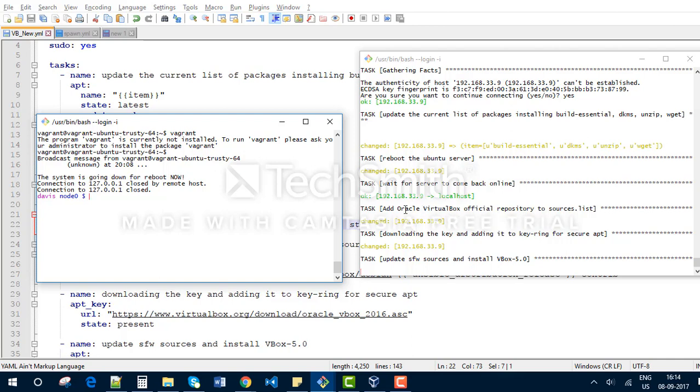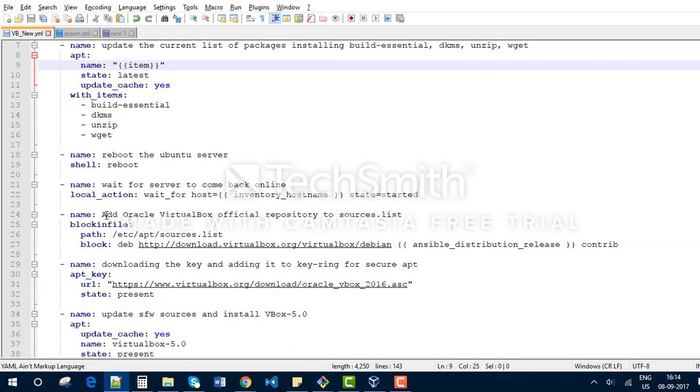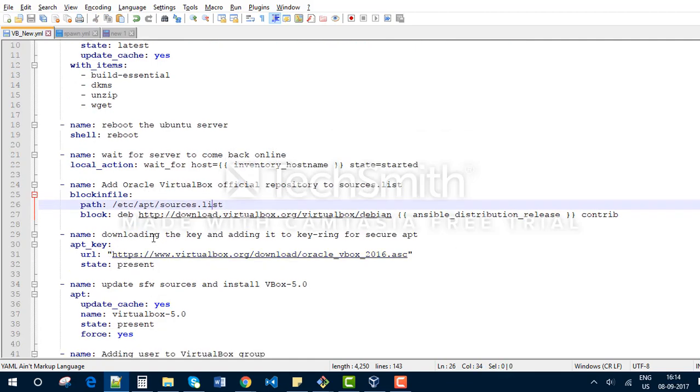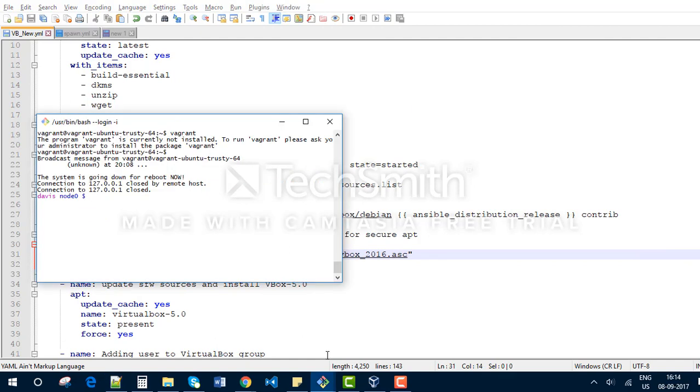An example here: add Oracle repo to source list. Let's go there. Here it says it's just going to add this particular block onto this file, which is a source list. Once it is downloaded, the key is downloaded in this module. I'm using apt_key, and if the state is present, in the sense that it was already present, this task would be bypassed and it will just show an OK. But if it wasn't present, it will get downloaded. So this is a way how Ansible achieves